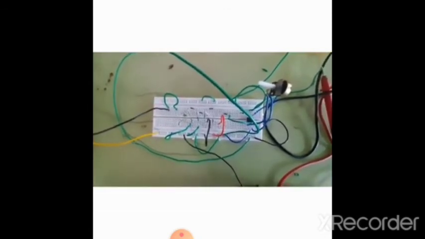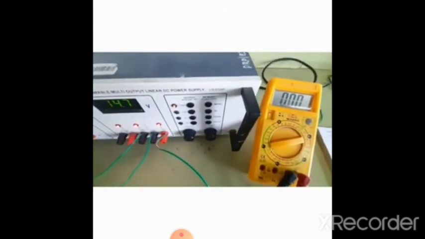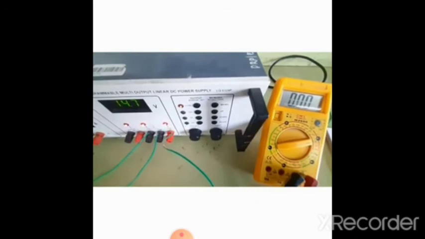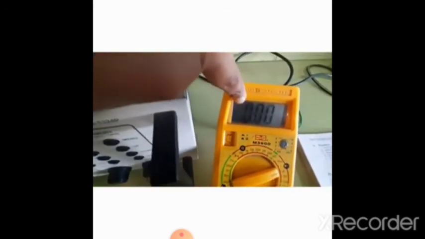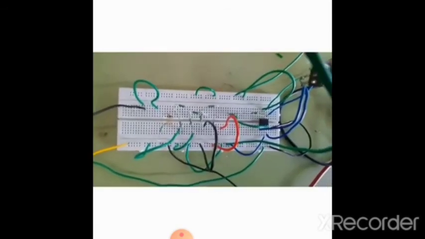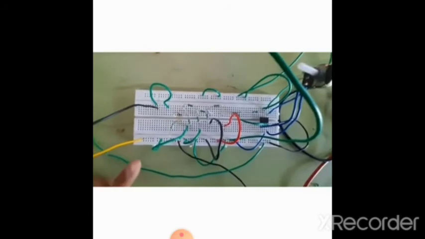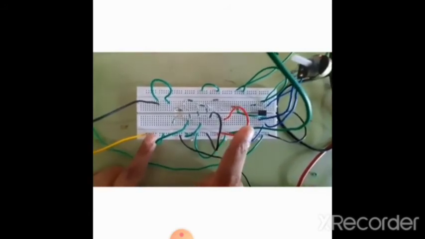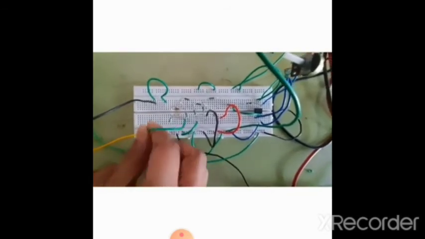Switch on the power supply and check the output voltage. For 0 0 0 0 we are getting 0 output. Now we'll check for 0 0 0 1, where the D3 pin will be connected to VCC and the remaining pins will be connected to the ground.